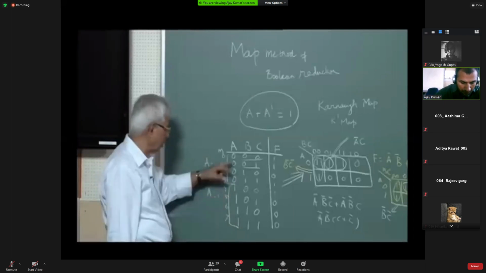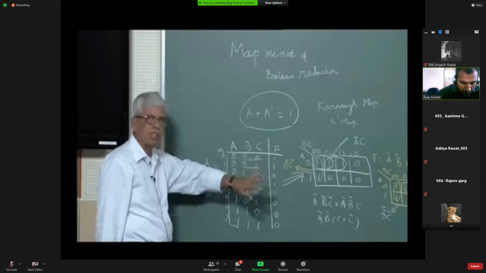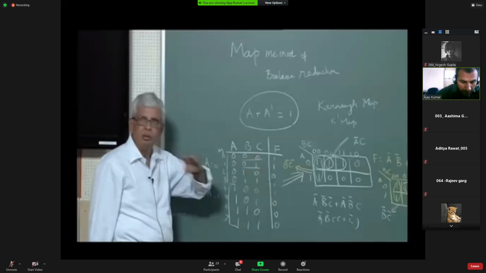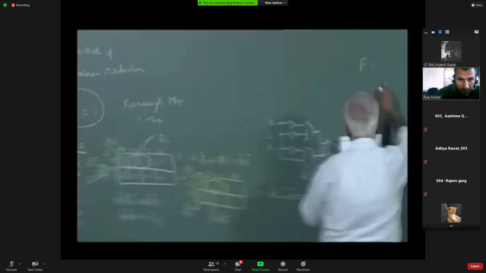So all I have to tell you is which terms are 1s and which terms are 0. Then you know immediately what it is. So now I will give you an example like that with 3 variables.